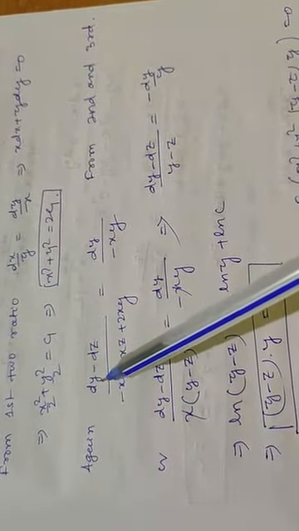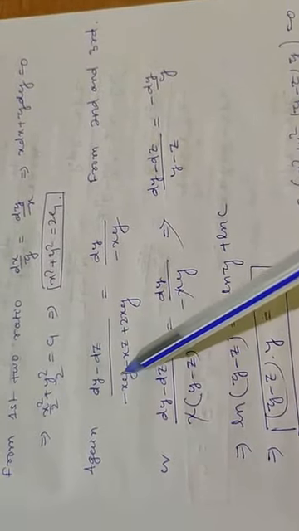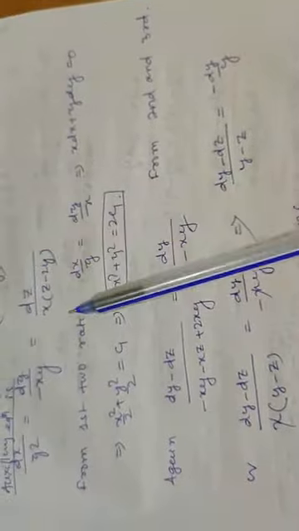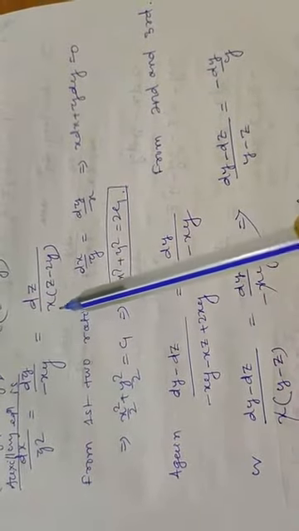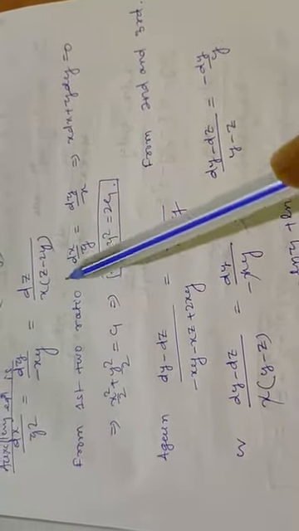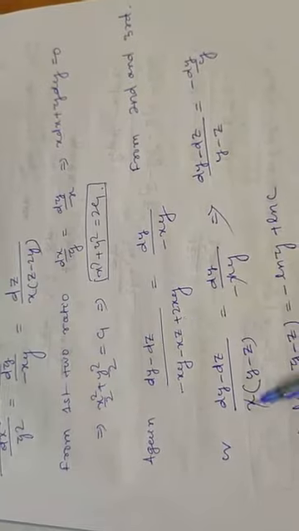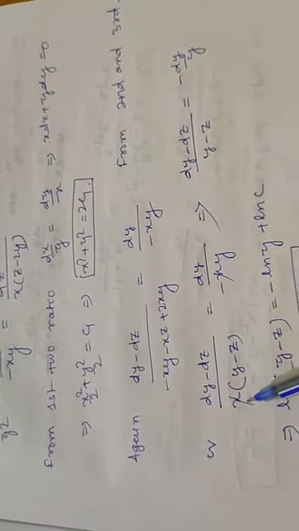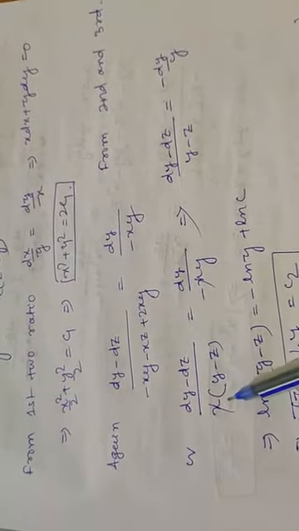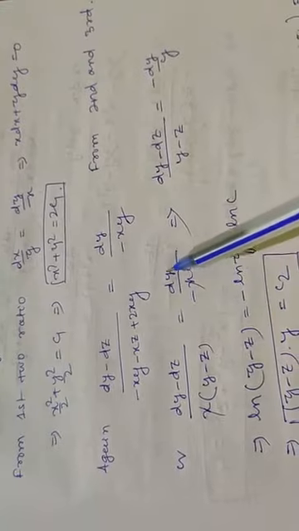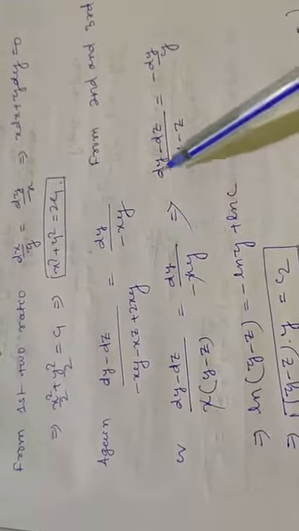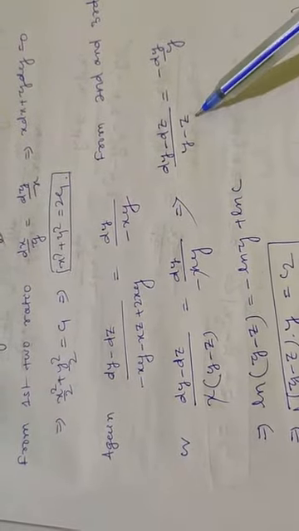Again, (dy minus dz) divided by (minus xy minus xz plus 2xy). Minus xy minus xz plus 2xy, minus xy plus 2xy becomes xy, so it is xy minus xz. If we take x common, it becomes x into (y minus z). So this can be written as (dy minus dz) divided by x into (y minus z) is equal to dy by minus xy. x is cancelled out and it is (dy minus dz) divided by (y minus z) is equal to